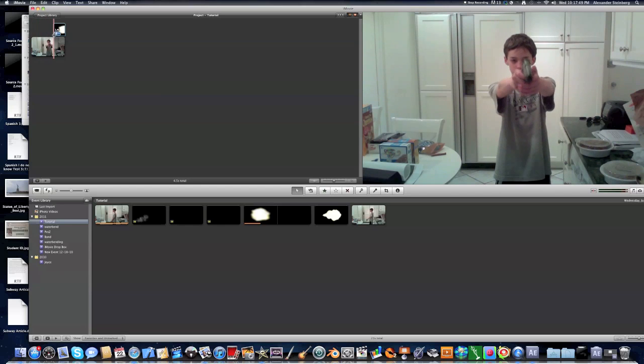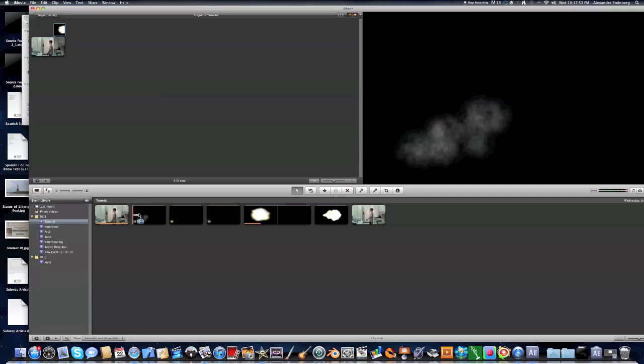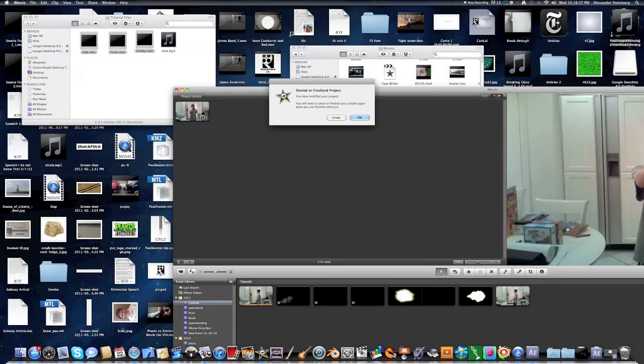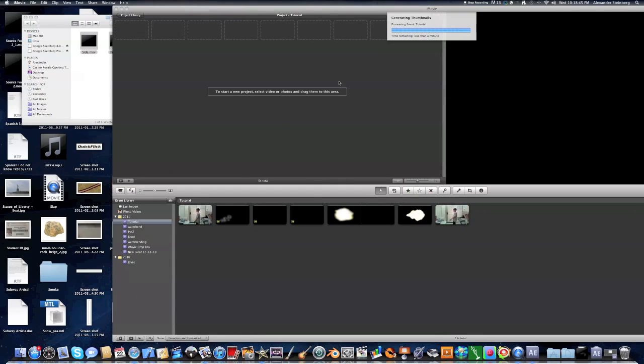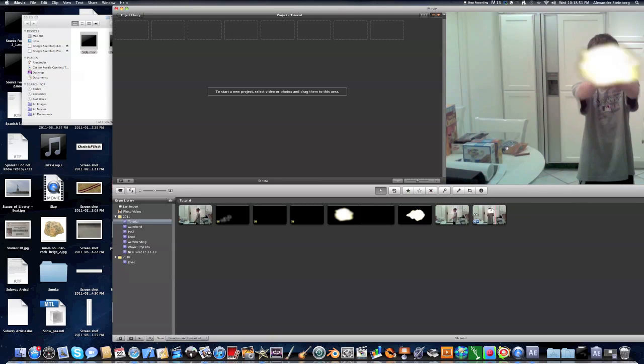So now your muzzle flare will be on top of your footage, and you'll shoot. Now, you can use the smoke again. This is what you're going to do. Again, you're going to export your movie. We can undo our comp over here. Drag the tutorial to your project. Well, not the tutorial, your footage, which is called tutorial for me. So drag it